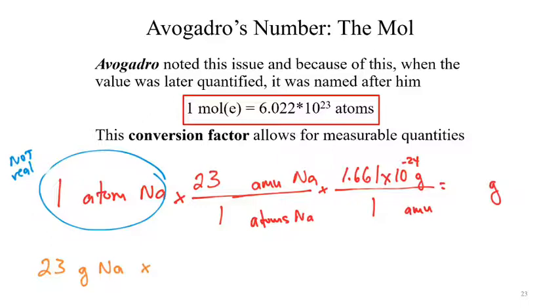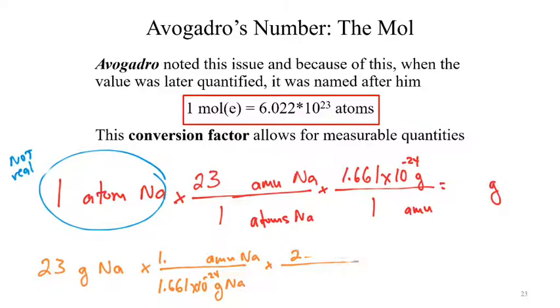Okay, and if I'm going to go through and do that, how many atoms of sodium would that come out to be? Well, grams of sodium would need to cancel. Okay, to get to atoms, I have to go through AMUs. So we're looking at that relationship. Actually, it's just 1 there. I can get away with it. 1.661 times 10 to the negative 24th grams of sodium is 1 AMU. Okay, and then 23,